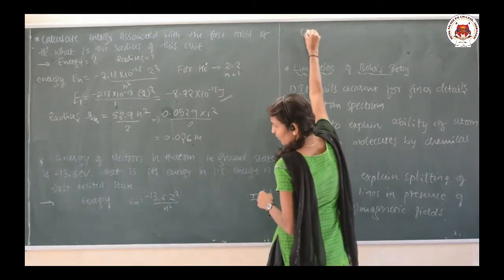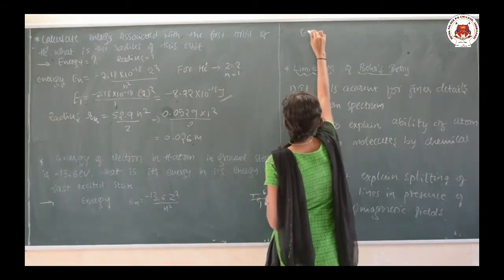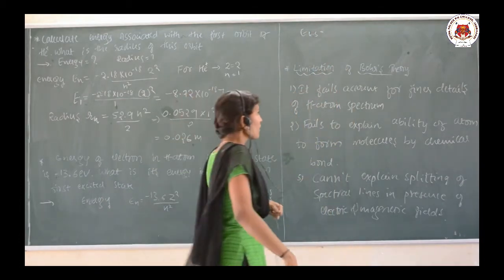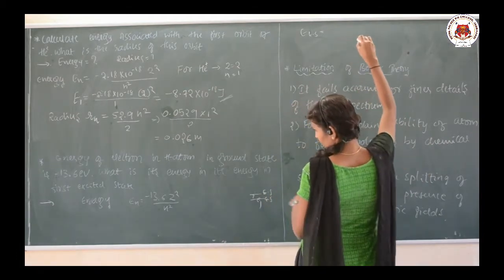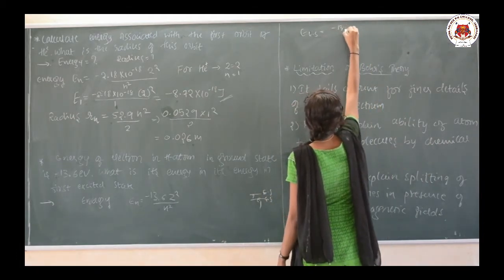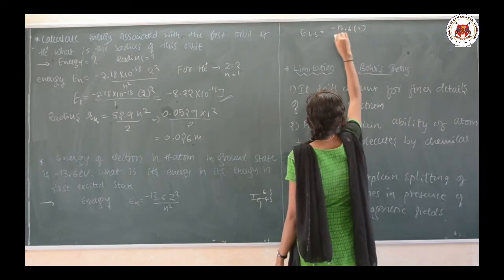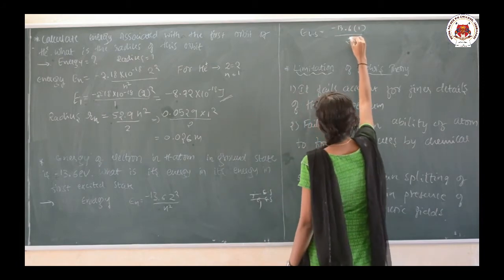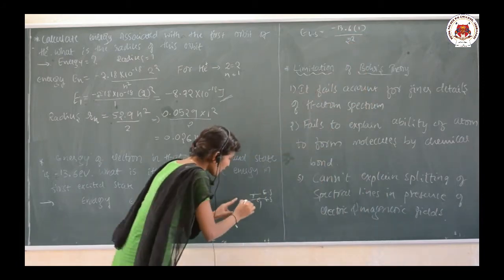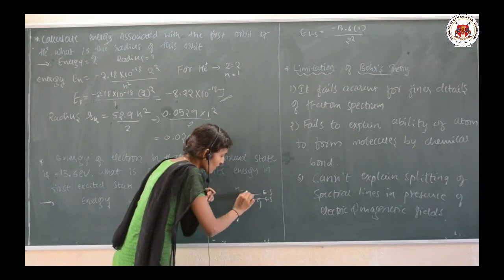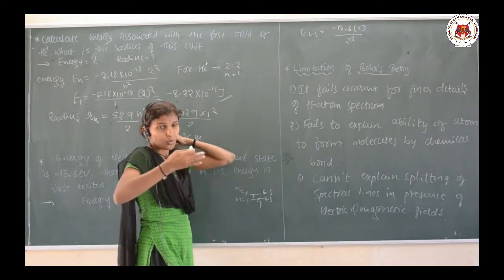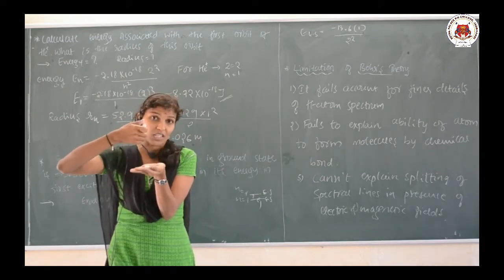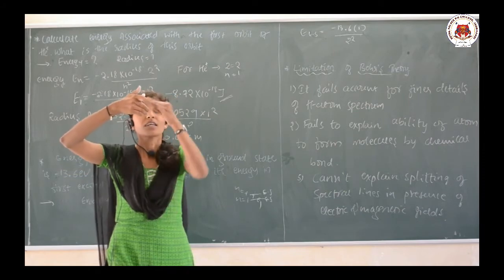So, the energy in the excited state is equal to minus 13.6 into Z squared by n squared. The atomic number of hydrogen is 1 and the value of n here is 2, because the ground state is n equals 1, whereas the excited state is n equals 2. First, they have given the energy of an electron which is present in n equals 1, that is the ground state. So, when it gets excited, what is the energy here?